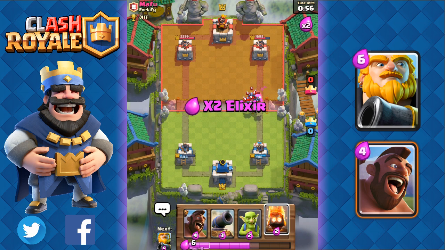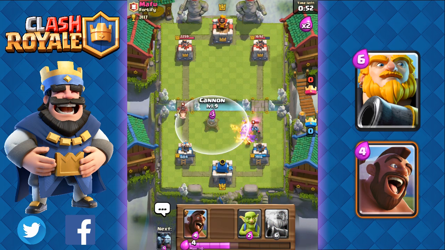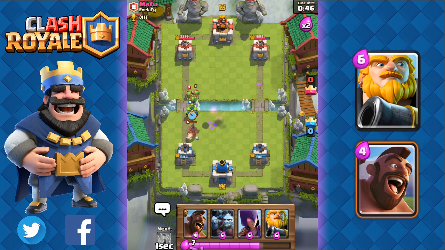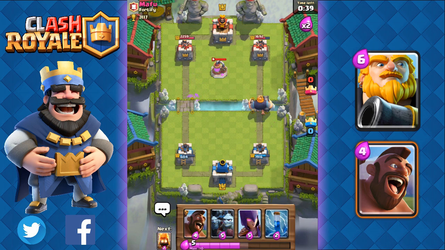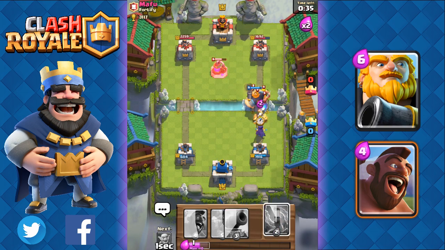He has a Minion Horde right on top of our Witch. Fire Spirits to take her out, and let's see, take the minions out, and the cannon to take out his Hog Rider. And we'll use our Goblins to take out his Spear Goblins, and then ready our Royal Giant right here. And let's see, again we're gonna send out the Witch because of Barbarians and the Fire Spirits to take